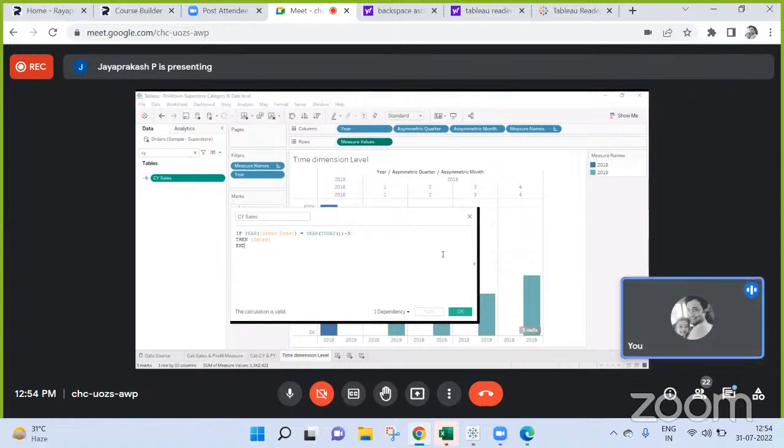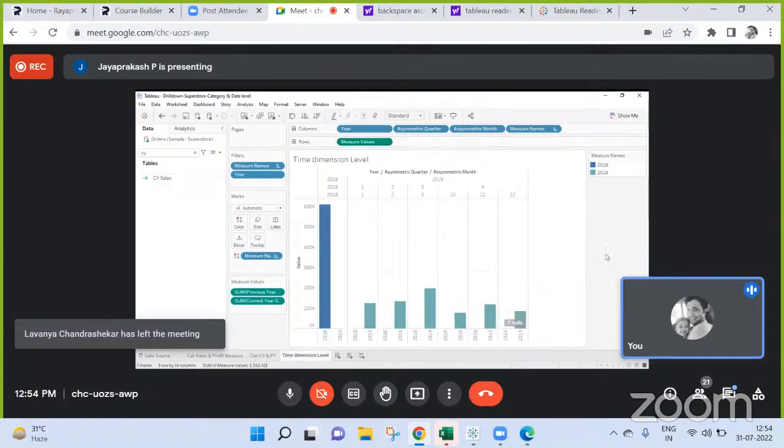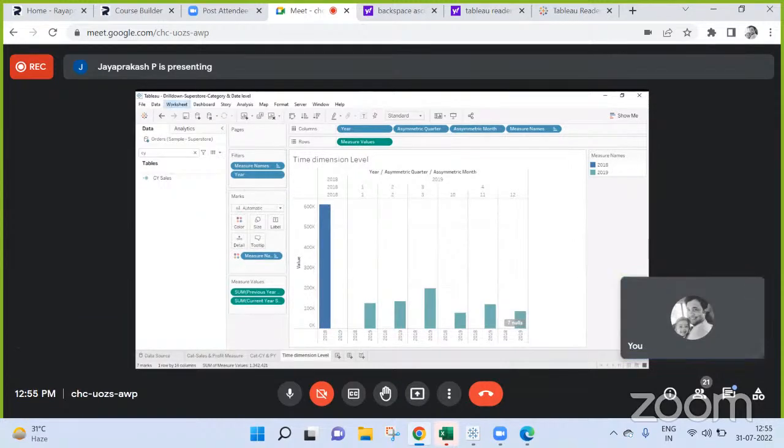So you mean to say at the year level, you are not getting the required output. That is what you are saying. Here you are not getting 2018. Exactly. For some you are getting 2019 and for some you are getting only 2018. Close this. But again, why is your action filter not applied? Action filters I have applied it now.